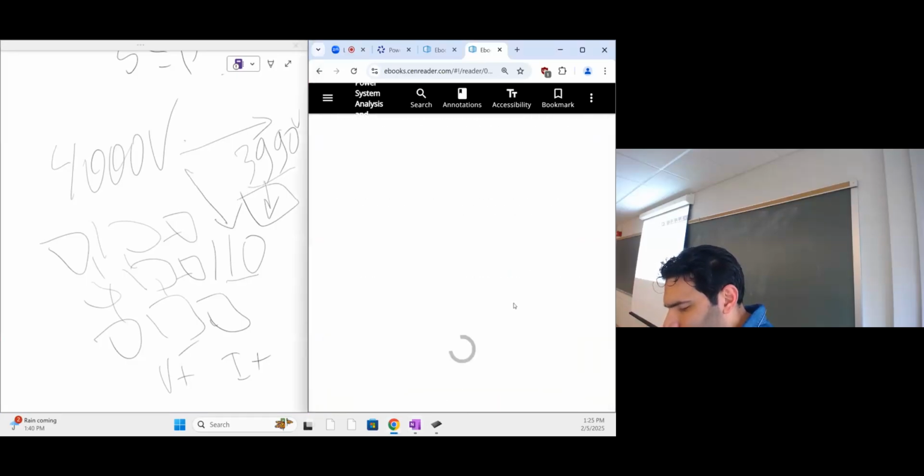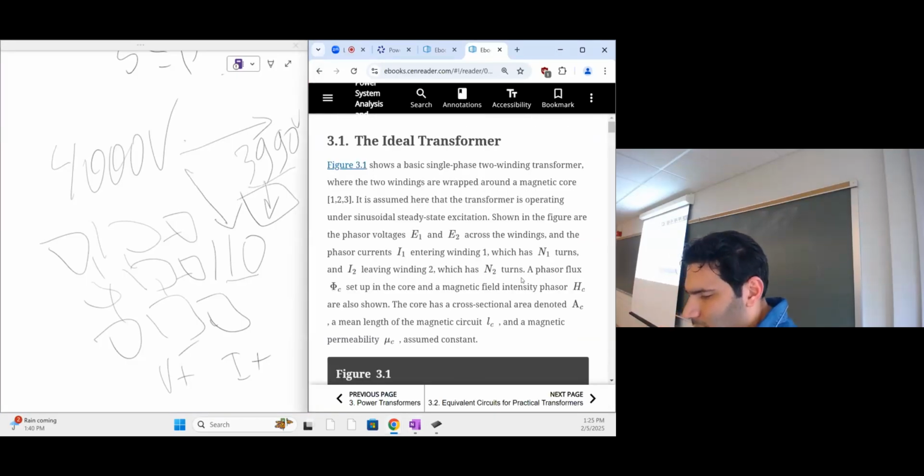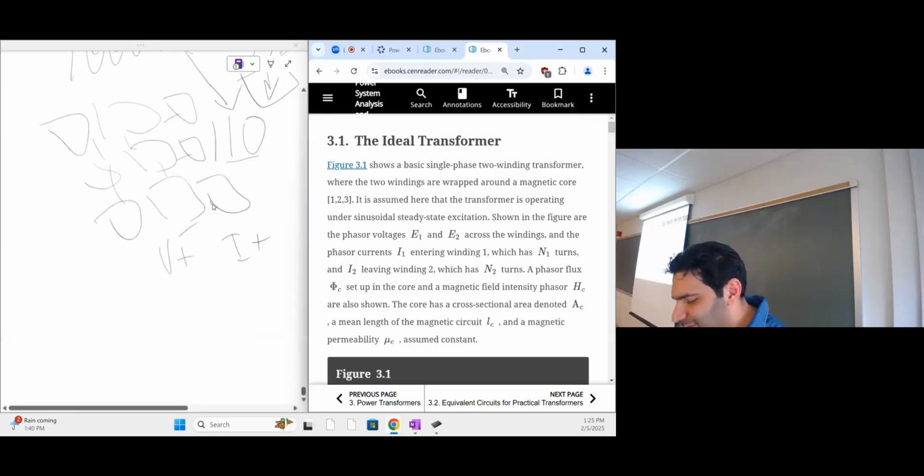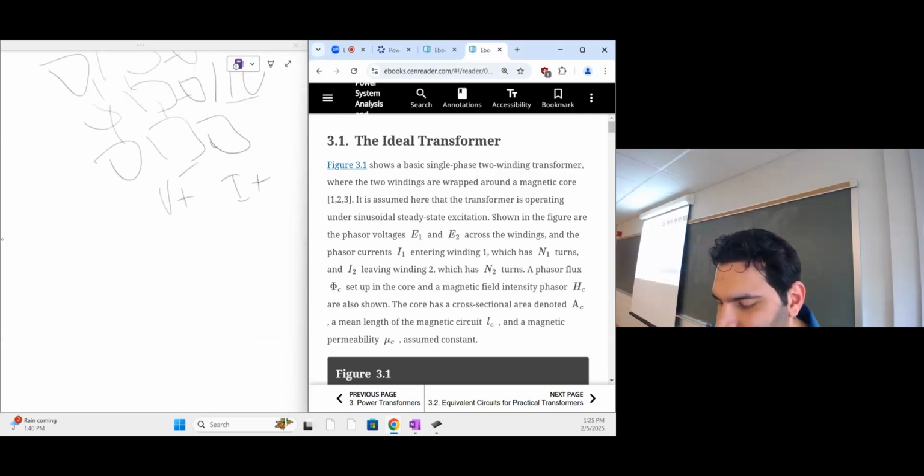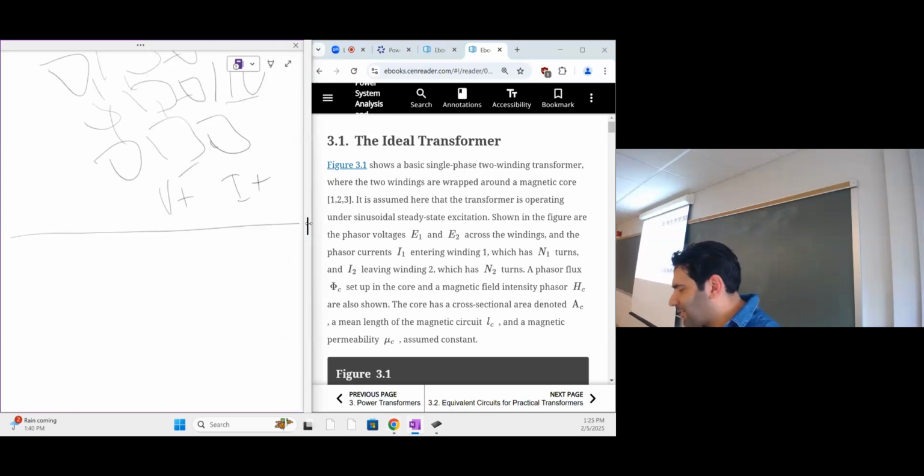Here there are some cases if you'd like to study more or learn more about transformers' history and how they're made. But typically, when I took that class, in the same book,